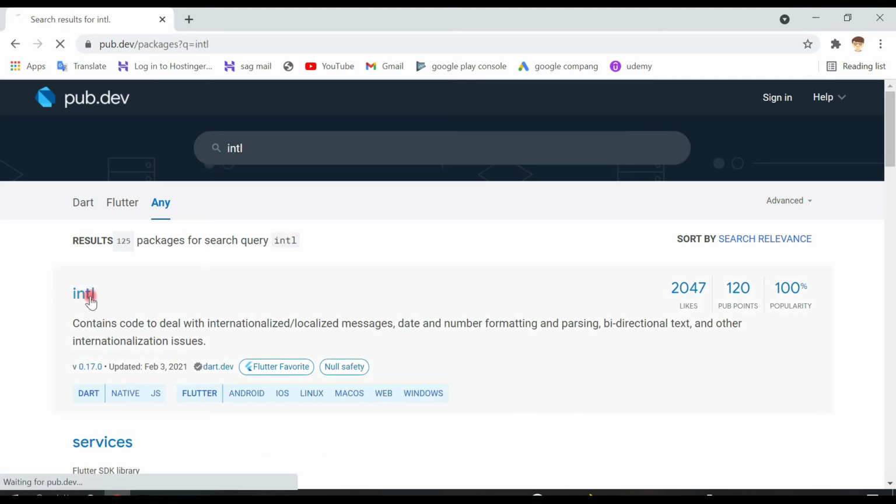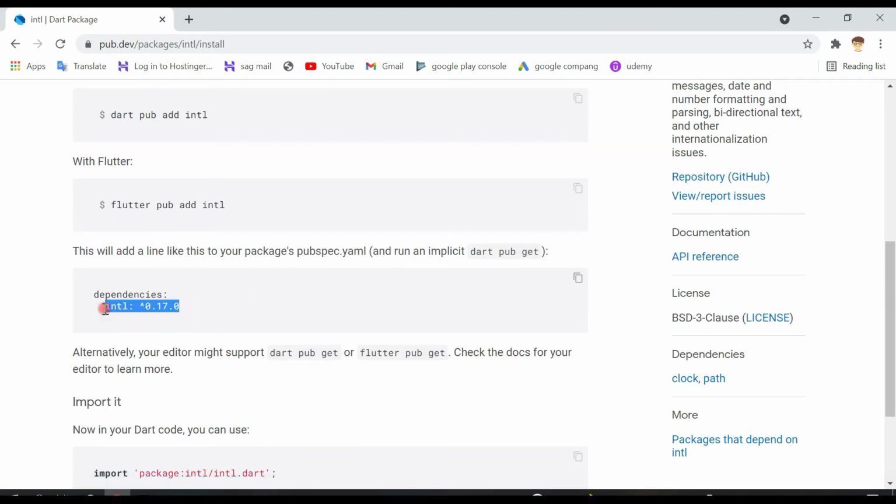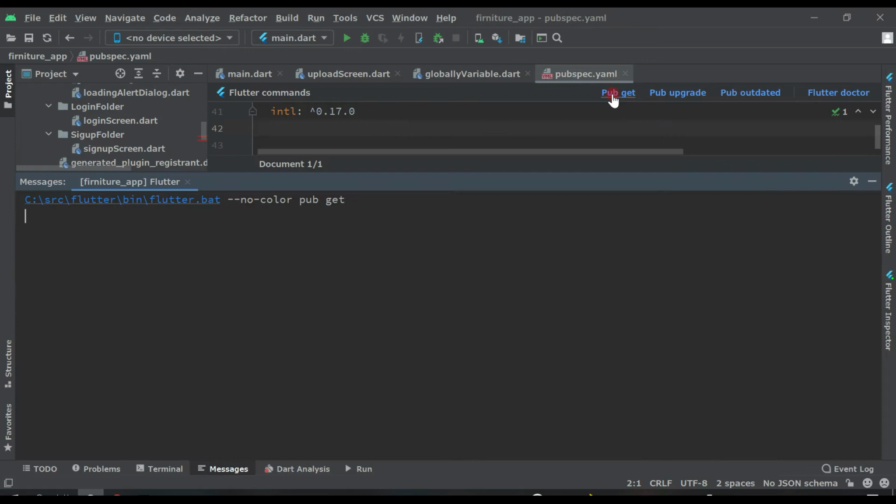Click on this intl, installing, click this dependency, copy this, come to the Android Studio, and after this geo, paste it here like this. Now click on pub get here. Now it exit code 0, it is successful.